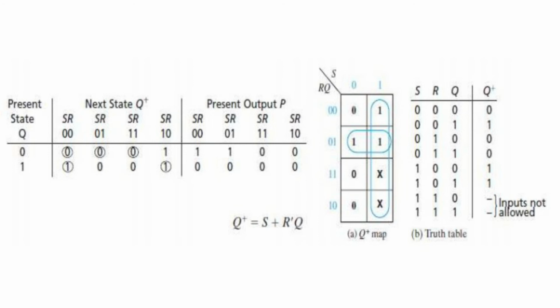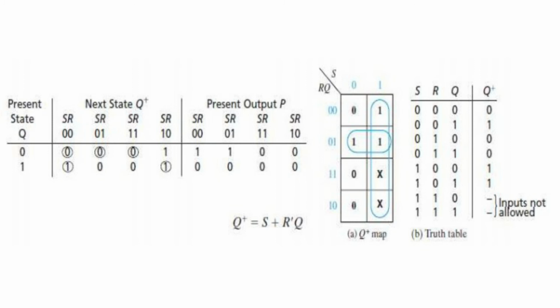In the fourth state, where S is equal to 1 and R equal to 0, S equal to 1 means we are going to set the latch. So the setting of the latch will change the output of Q to 1. So in the next state, where we change the Q value to 1, you can see for SR 0 0, it will take the previous state only.